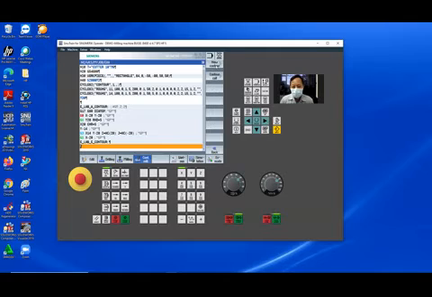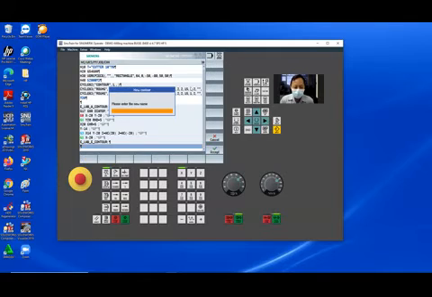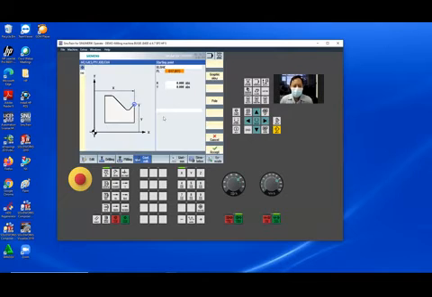New contour. The name of the contour is blank. Enter. You draw the raw material. Let's start from 25.